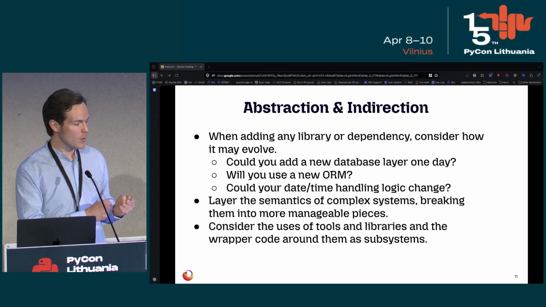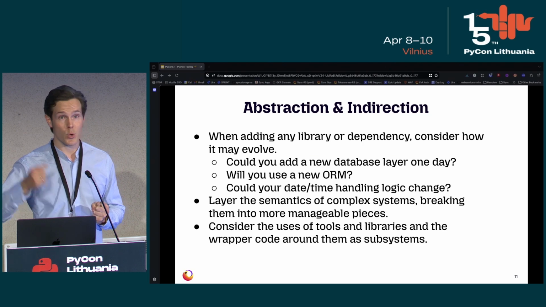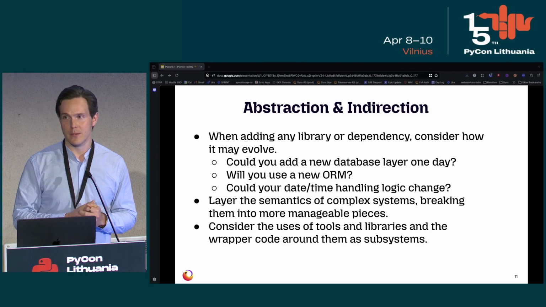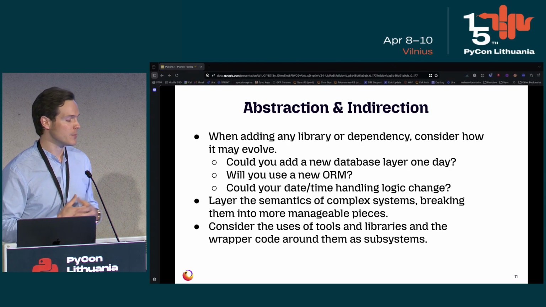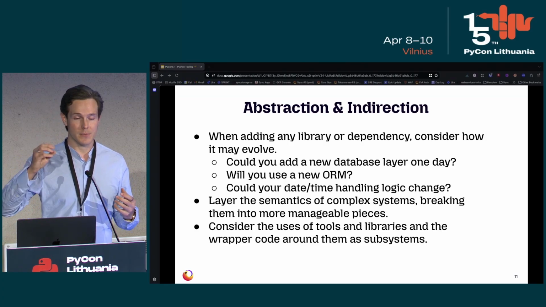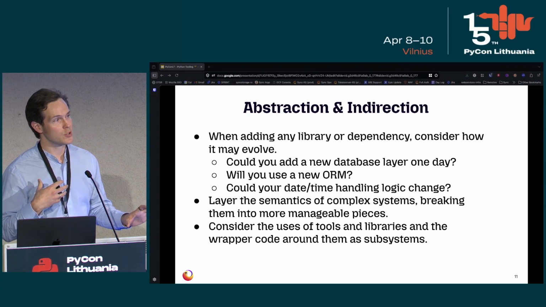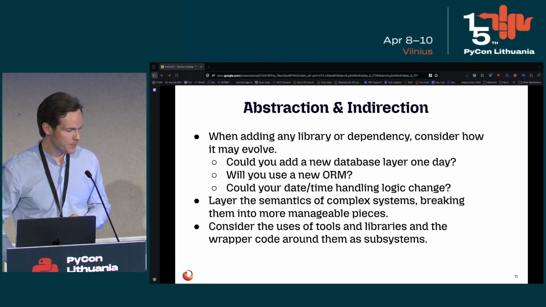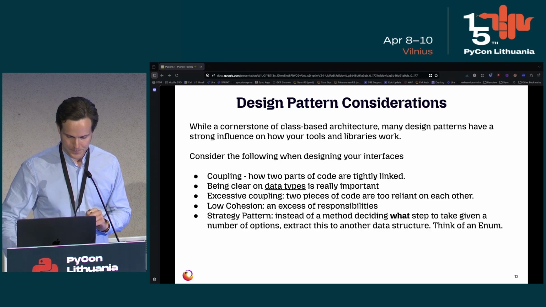So in the context of programming, you want to consider, could you potentially add a different database layer? Would you perhaps want to support Spanner, Postgres, and MySQL all at once? If not, you can go ahead and simply implement it. But in the case that you may have different databases that are available to different customers, you may run into the situation where you want to have an abstraction layer of a root database class, or, as I'll talk about with Rust a little bit, a trait. So you essentially want that layer of abstraction to make your life easier, so that any sort of database behavior is normalized within your logic. Again, it's to layer the semantics of complex systems and break them into imaginable pieces.